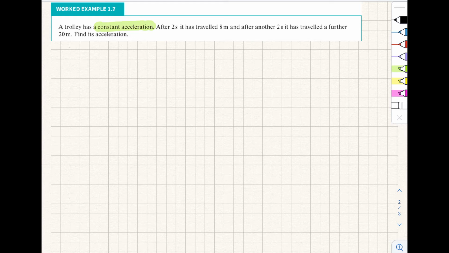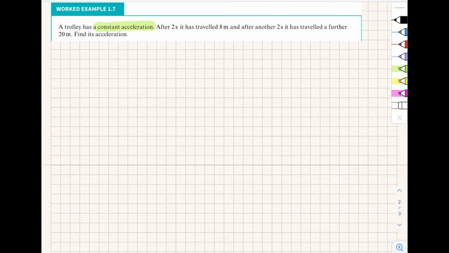Find its acceleration. So the first thing we notice here is this problem seems to be broken up into 2 stages. We have a displacement for the first 2 seconds, and we also have a displacement for the last 2 seconds. And regardless of the amount of information we have and all the formula we have, there is no formula that we can use to immediately find the acceleration, right? This leads us to conclude that we are going to have to create 2 simultaneous equations in order to solve